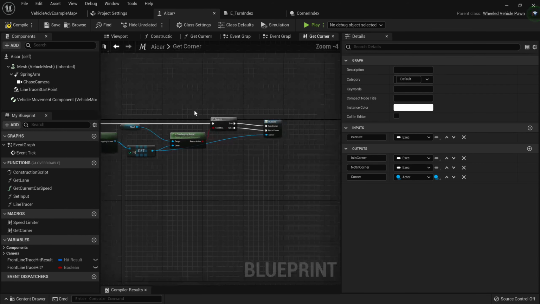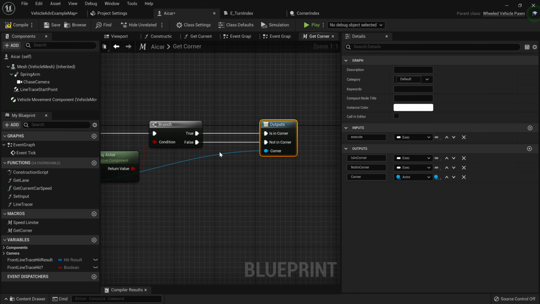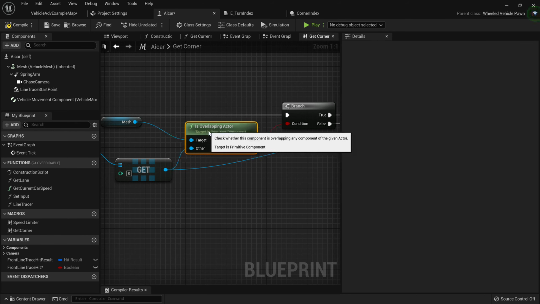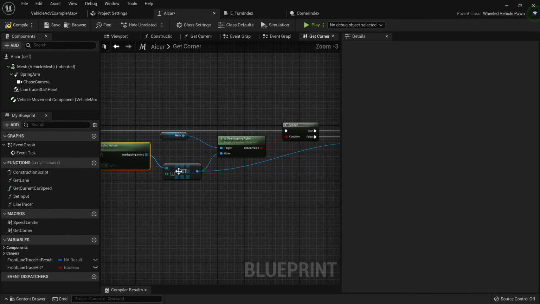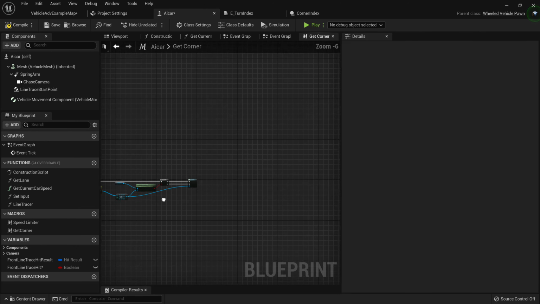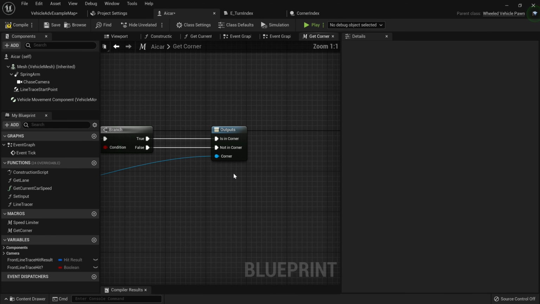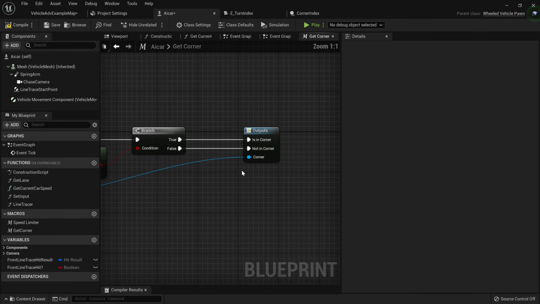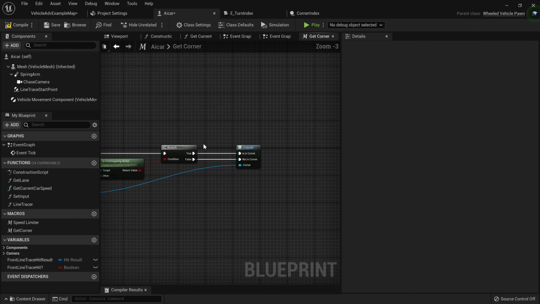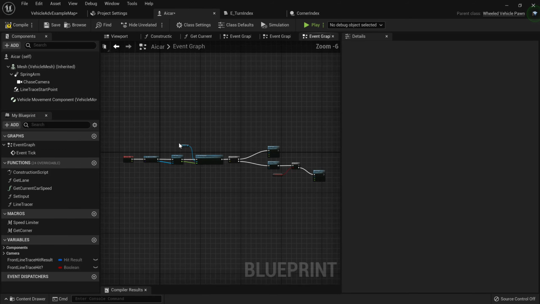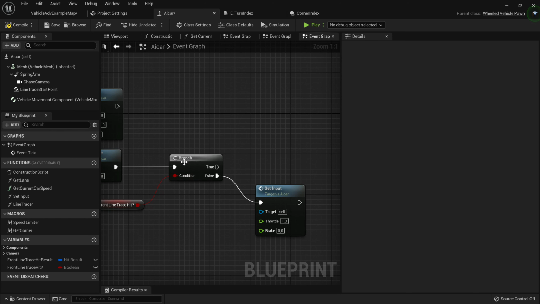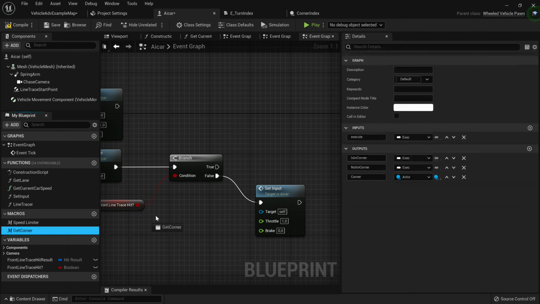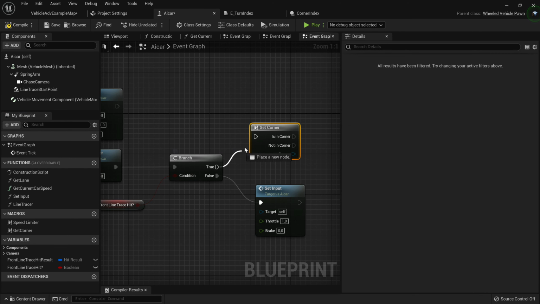Just clean up the code a bit here. I might bring out a dedicated video just to cleaning up our code and making it look prettier by using maybe more macros or just adding comments, but that would be in the future. Now that we're done with this macro, we can go back to the event graph. And here at this front line trace hit, we can just drag in our get corner macro, plug in the